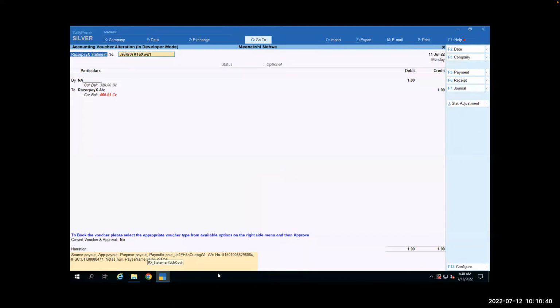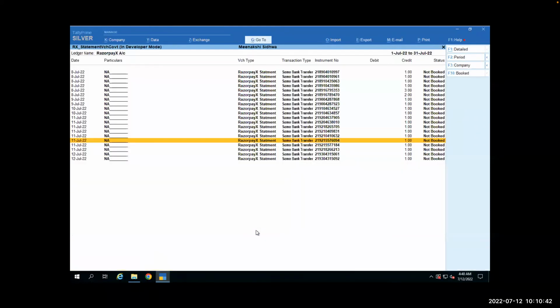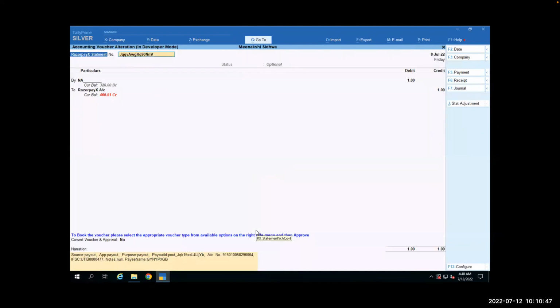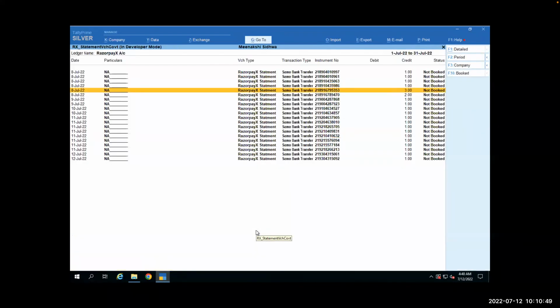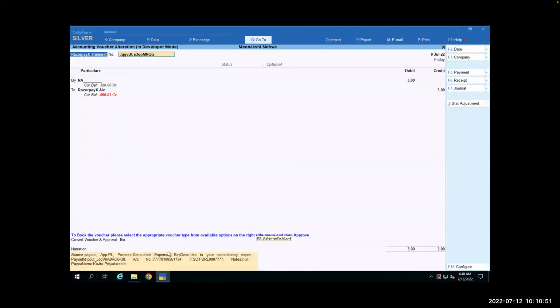It will also, for example, right, it will pass those details over here so that you don't have to go ahead and kind of manually keep asking why you did this. So for example, if you look at this payout link, the purpose was consultancy expenses, right? And the account number and the IFSC code and the payee name are also passed. Now, when you look at this over here,